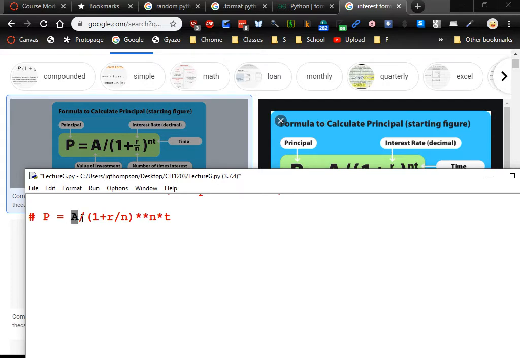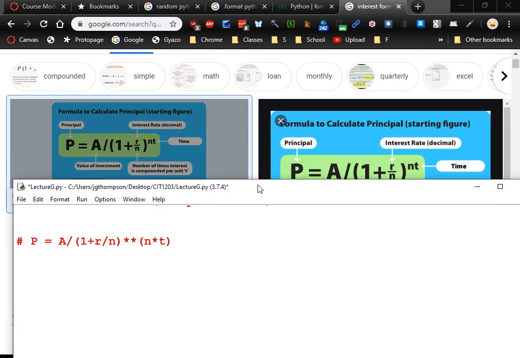Otherwise, what's it going to do? It's going to raise that to the power of n, and then at the very last step, it's going to multiply everything by t, which is not what we want. We need n and t to be done first. So we force them to be done first like that. All right, now it's good to go, except for the fact that we don't actually have values for r and n and t. Well, in this case, n means the amount of time,